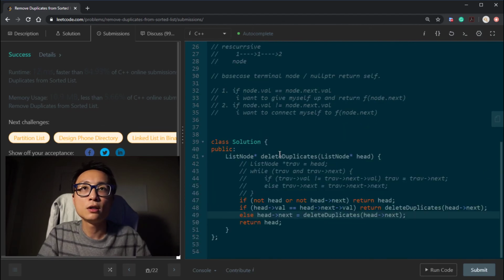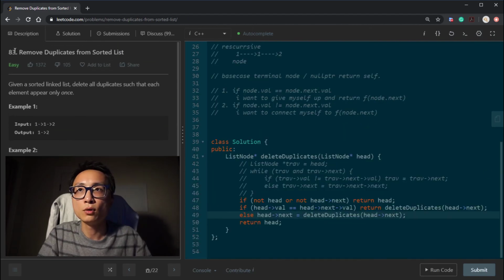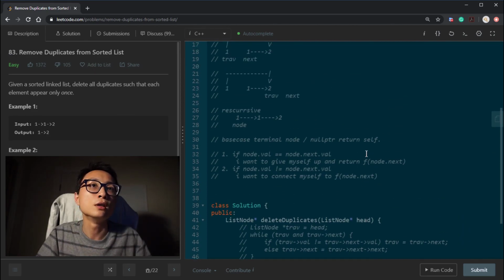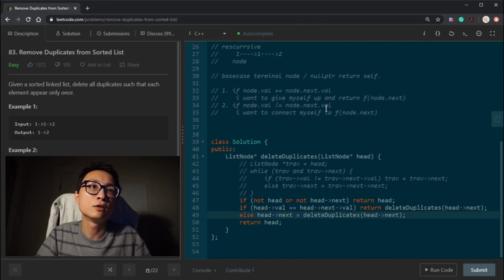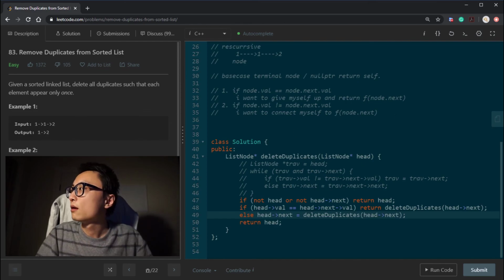Alright, so that's question 83, remove duplicates from sorted list, solved both in the iterative version, shorting the links iteratively and moving forward, or solved recursively. So those are the two approaches for this question. Alright,